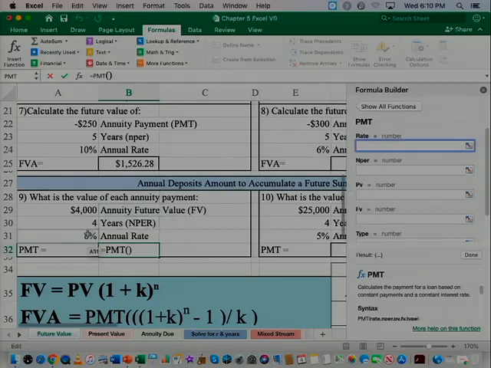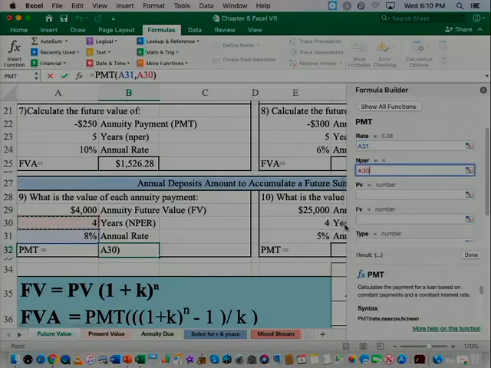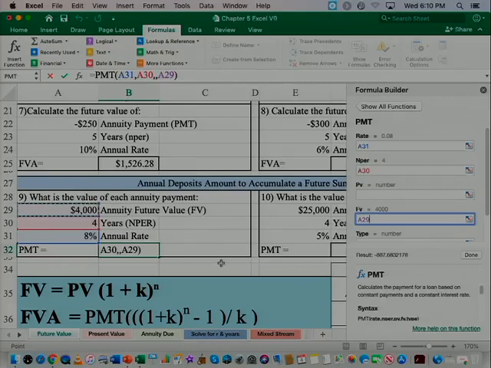So it's looking for the rate, it's looking for the NPER, and it's looking for future value. So put the future value here. So what this is saying is annual deposits to accumulate to a future sum. So if I want $4,000 in 4 years at 8% rate, how much of a payment do I have to make on an annual basis, is what it's saying. So if I hit done here,